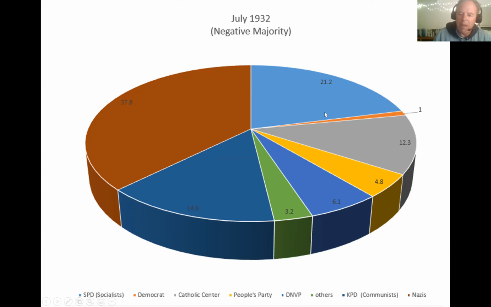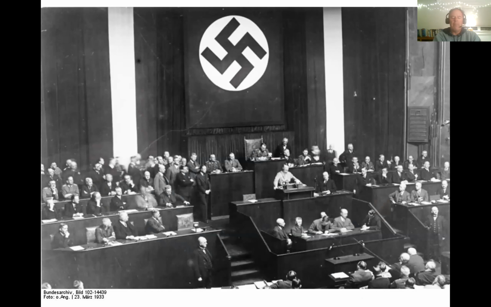And remember, this Democratic Party that I mentioned in the previous snippet was kind of the party that showed the health of the democracy under Weimar. By 1932, that party has dropped to just 1% of the vote, from 18% in 1919. So their support just sort of implodes. In 1933, Hitler undertakes a series of moves to establish complete control over the German government. This is him addressing the German Reichstag, urging passage of a measure called the Enabling Act, under which the Reichstag transfers its authority to Hitler.